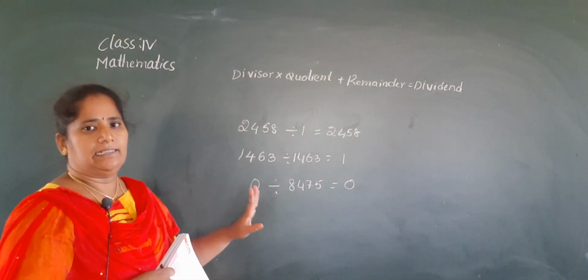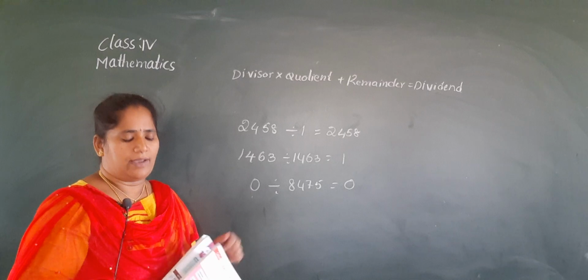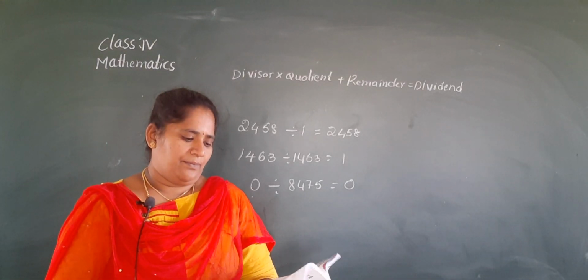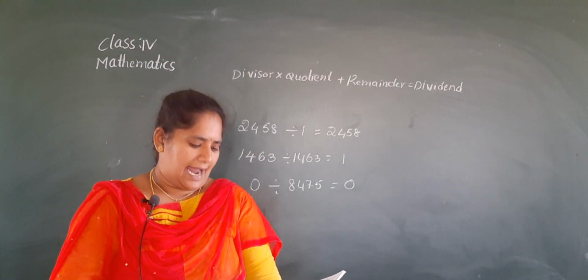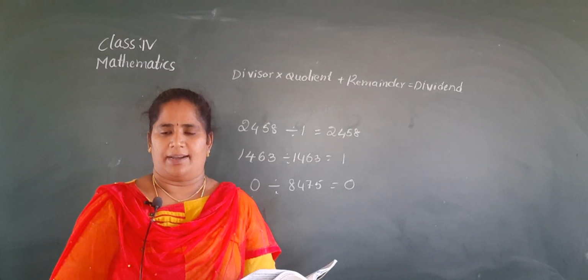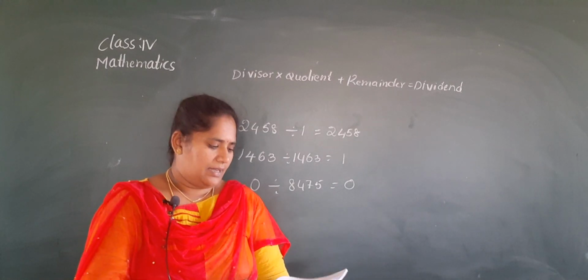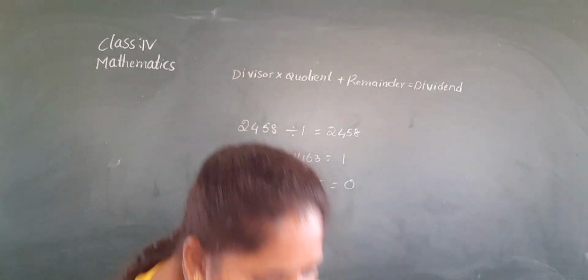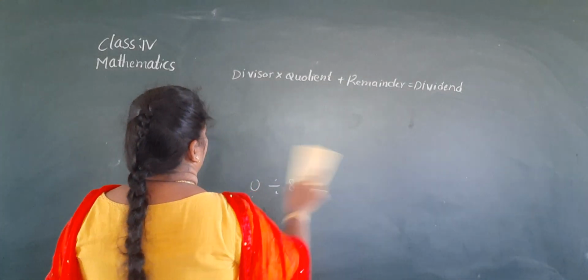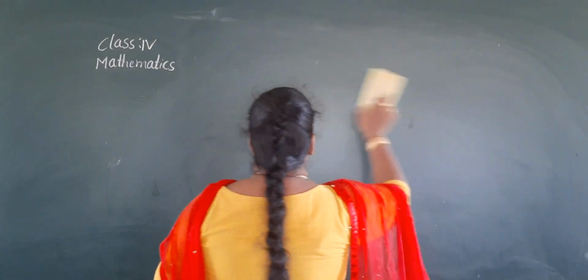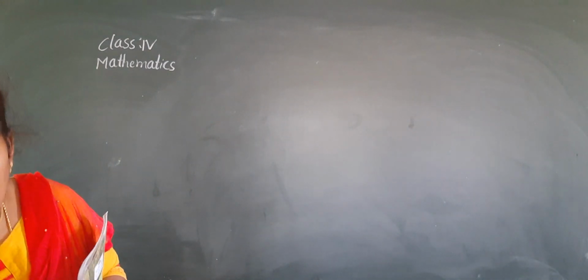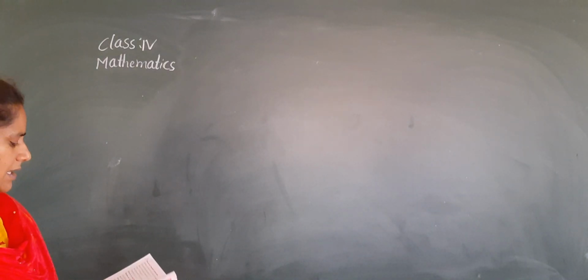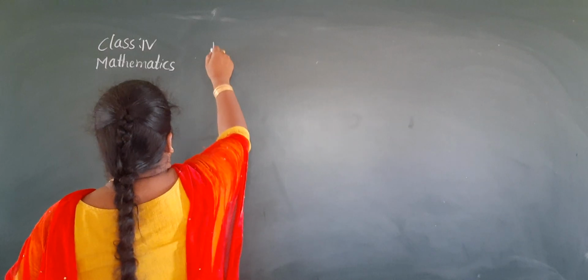So these are all we learnt in the previous class. And we learned the methods of division also: dot method, division by drawing method and division by grouping method. Now division by repeated subtraction. All of you open your classwork. So these are the example problems. Open your classwork and textbook and listen to the problems. Division by repeated subtraction.